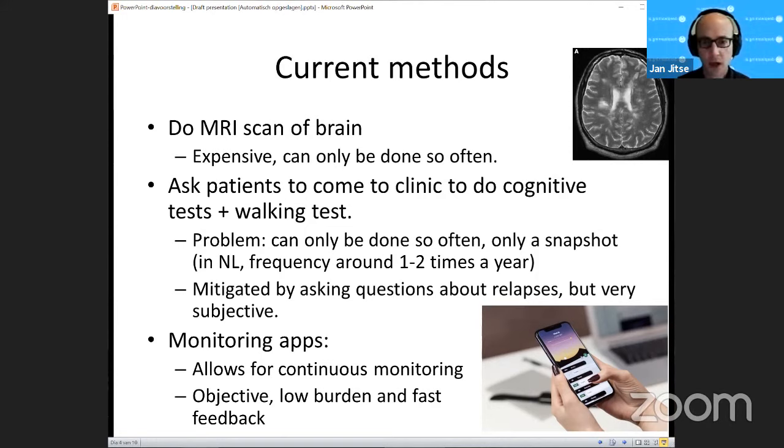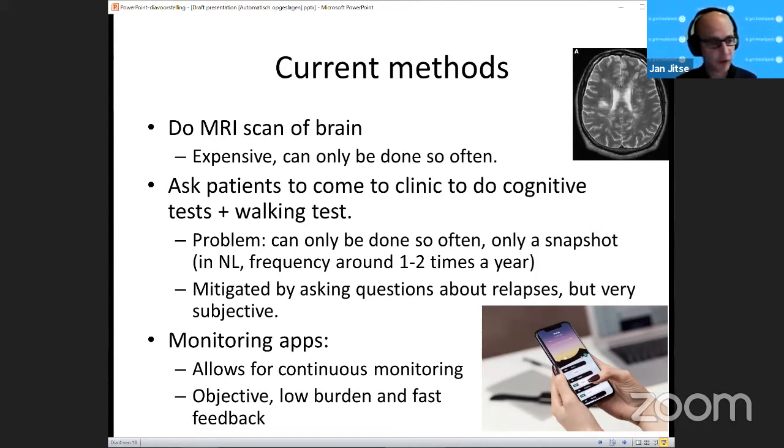So you can also say, okay, try to change your diet and see how that affects your ability to walk. Or you can try a new medicine and get feedback of how it's going within 1 or 2 weeks without going to the clinic. So this is very interesting. Also, what I heard from patients is that they like to monitor themselves, so they can see for themselves objectively how they're doing. Are they doing a step forward, or are they not progressing? That's very interesting for them to know.